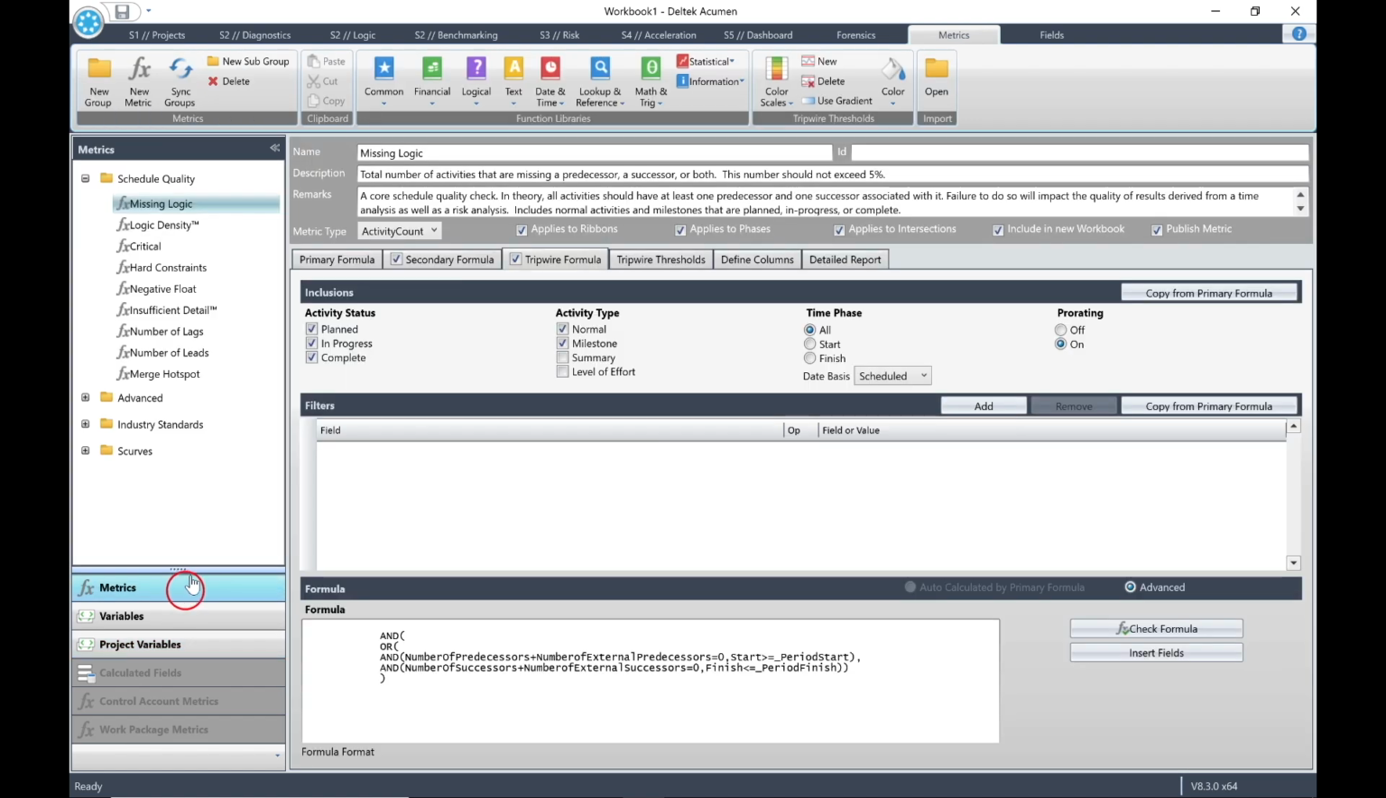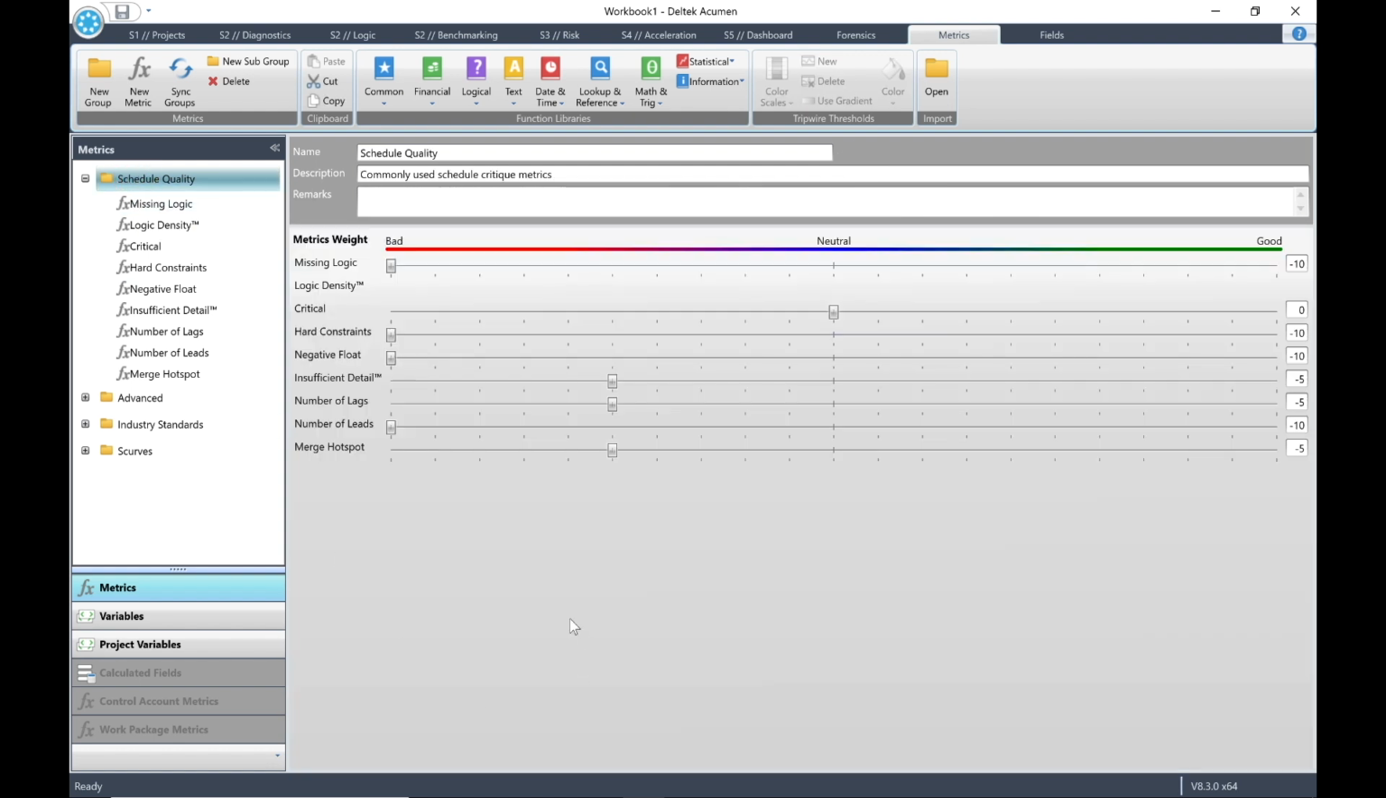Now let's look at the Acumen metric editor pane. First we'll look at group weightings. So in the metrics pane, select the schedule quality group. Then in the editor pane, you'll see three fields where you can insert a name, description, and remarks for the selected group. Just below, you'll note that there are sliders for each of the metrics included in the schedule quality